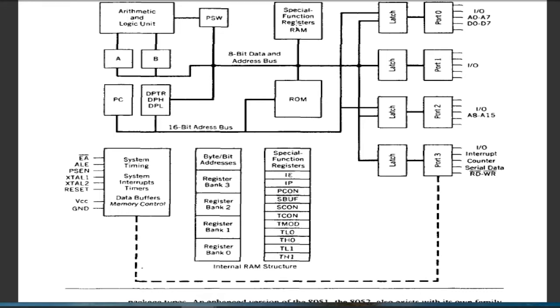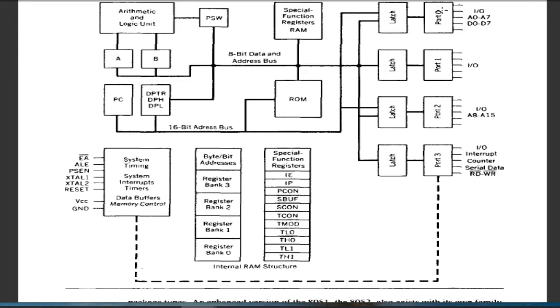Also, this RAM and ROM, these two are the memories of 8051, and they are connected through a latch to port 1. Now here four latches are there. Latches are only for transferring data to and from these four ports of 8051 to the RAM, ROM or internal registers of 8051. So this is the purpose of this latch. Then here you are able to see there are actually four ports of 8051 through which the 8051 can be connected with external devices.